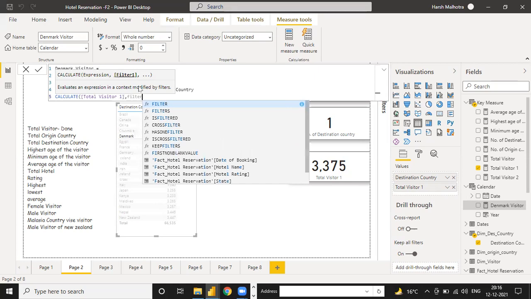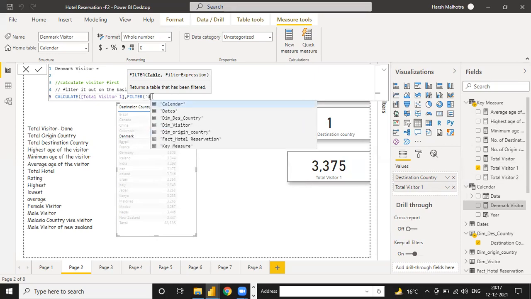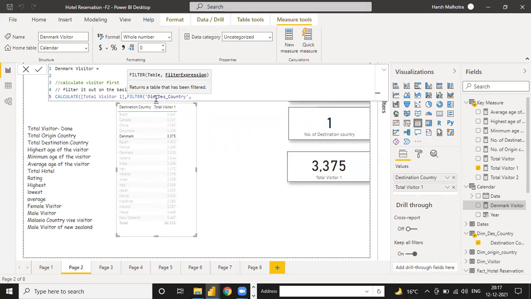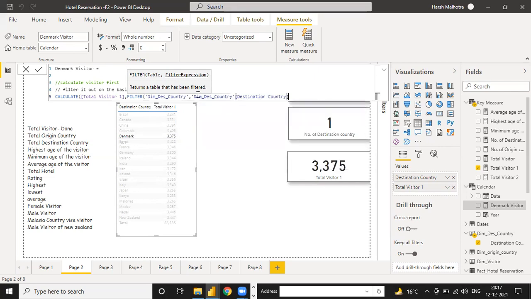So right now we are using the filter on the basis of, see, first the option is selection as table. Table means you need to select the particular table in which you have to filter. So you have to filter on the destination table, so select the destination table only. This one, dim destination country, is a table. Under this table, you have to use only the destination country column. So click this destination country. This is the column, and then you have to choose.